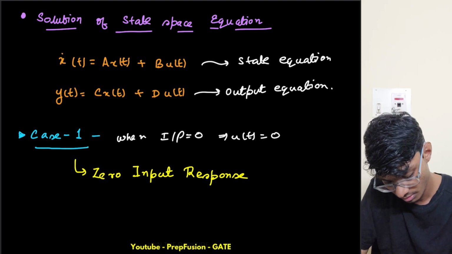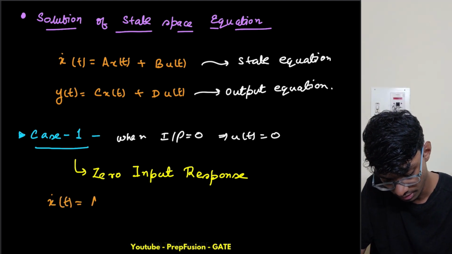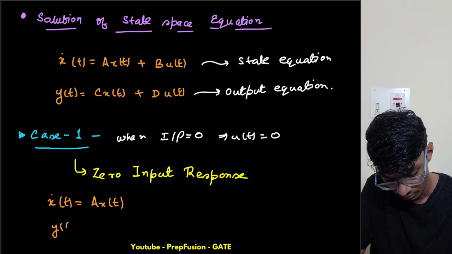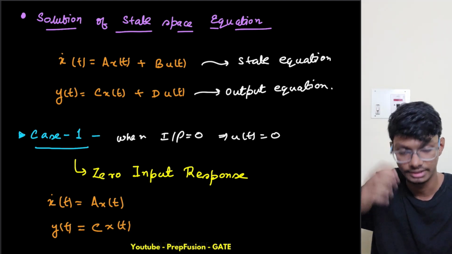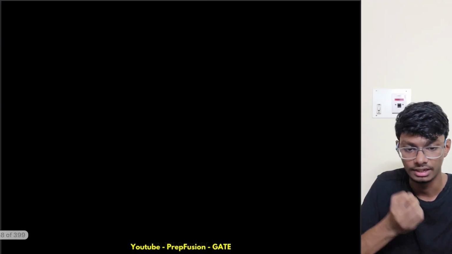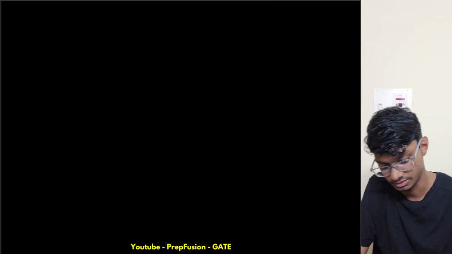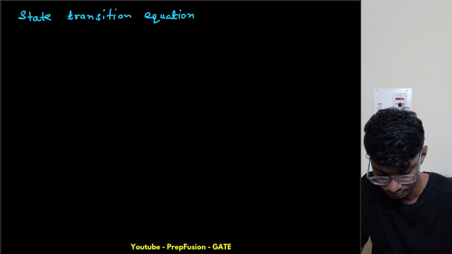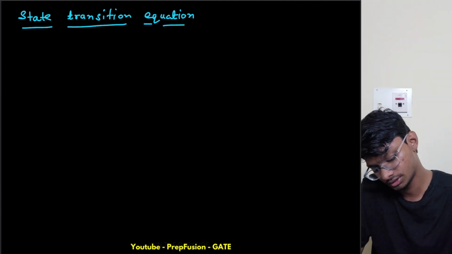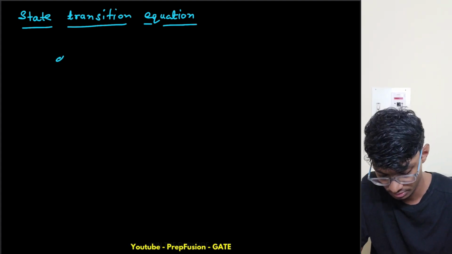So x dot of t equals simply A x of t, and y of t equals C x of t. Okay, so this is what my equation becomes. Now let me write the state transition equation in the time domain, basically in differentiation format. So it is